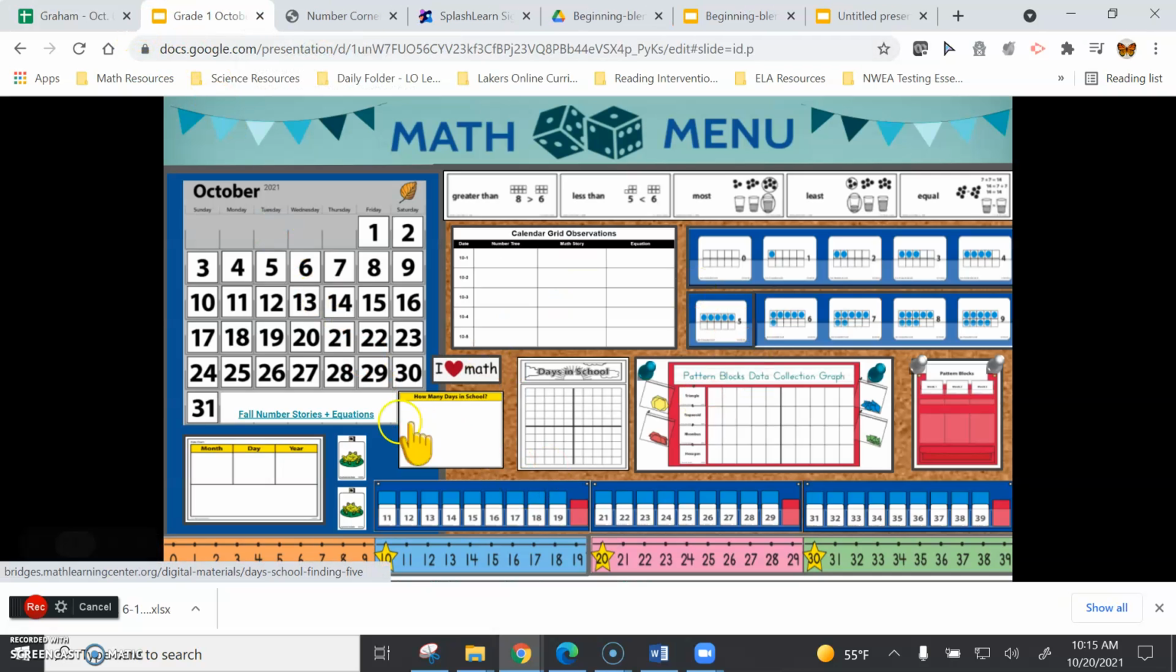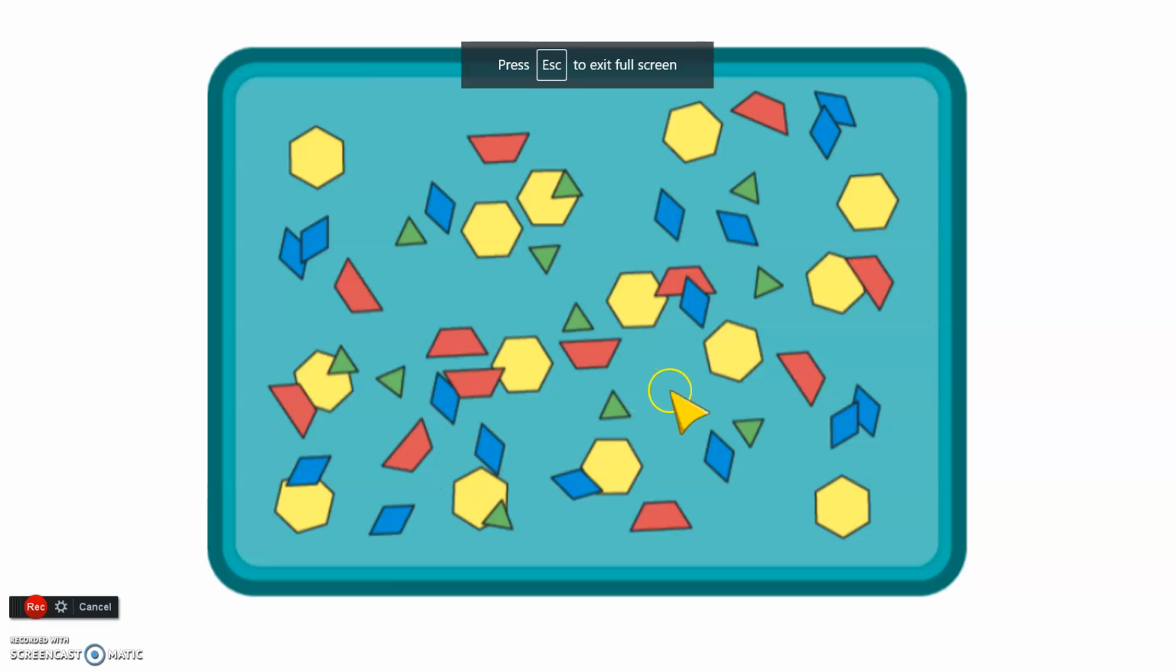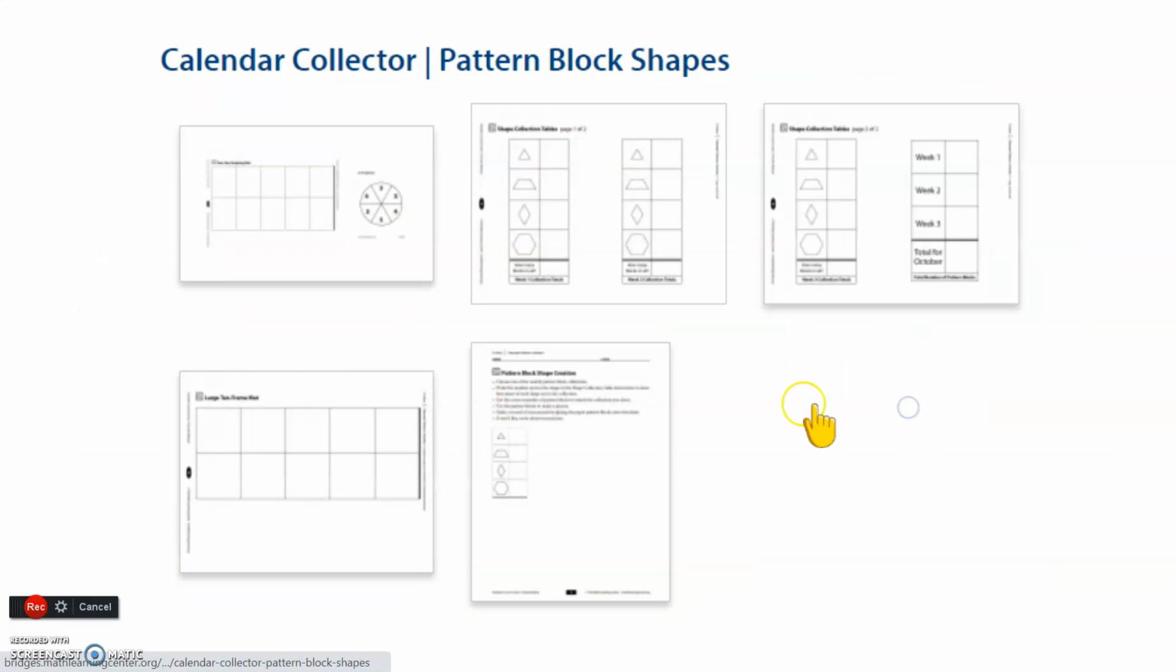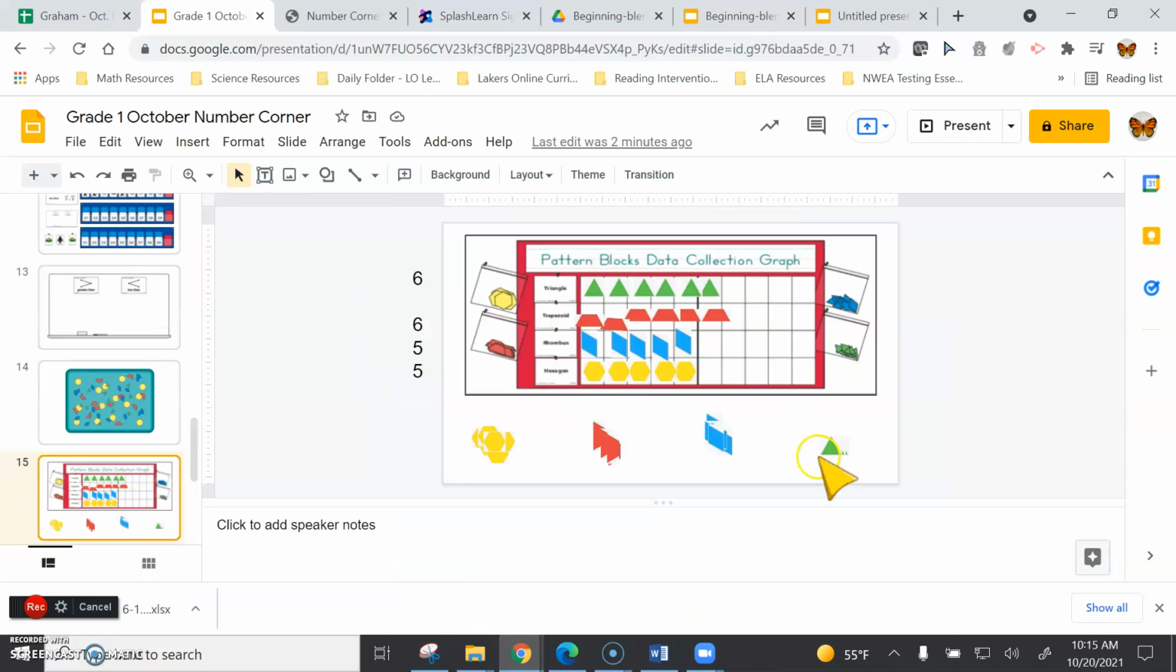All right, All Stars, we are back. We're going to click our pattern box. We've had a lot of pattern blocks this month. I think it's a good day to add 1 triangle. So let's do it. Why don't we add 1 triangle,